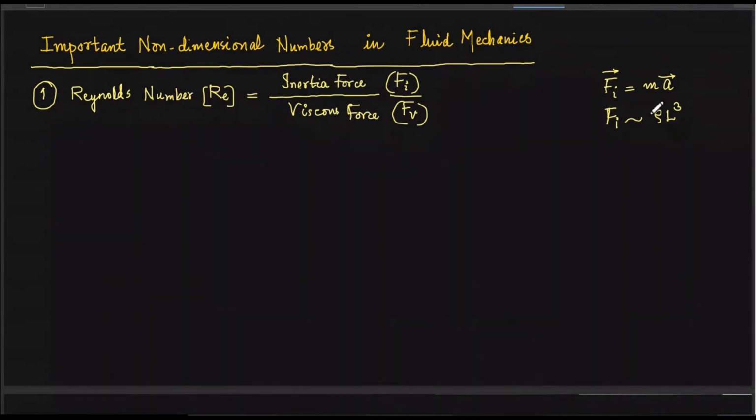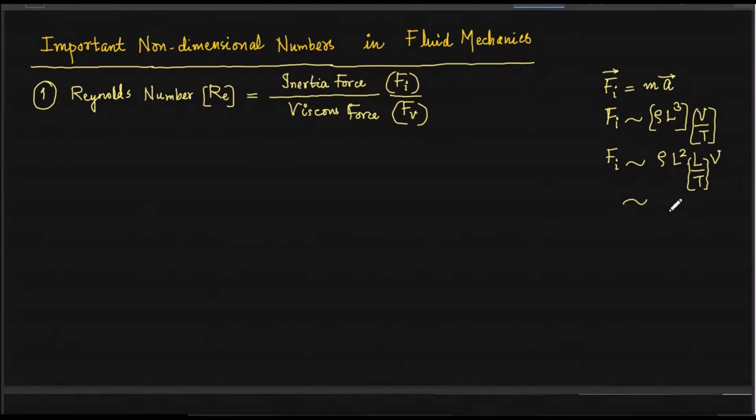That is mass. And then for the acceleration, it's change in velocity over time, which I can represent by V by T. See the dimensional form of it. That's why I removed the equal to sign. So Fi is now of the order of rho into L cubed, which you can write as L square into L, because one L square is area, then into V divided by T. V divided by T, I can write as L by T, which has the dimension of velocity.